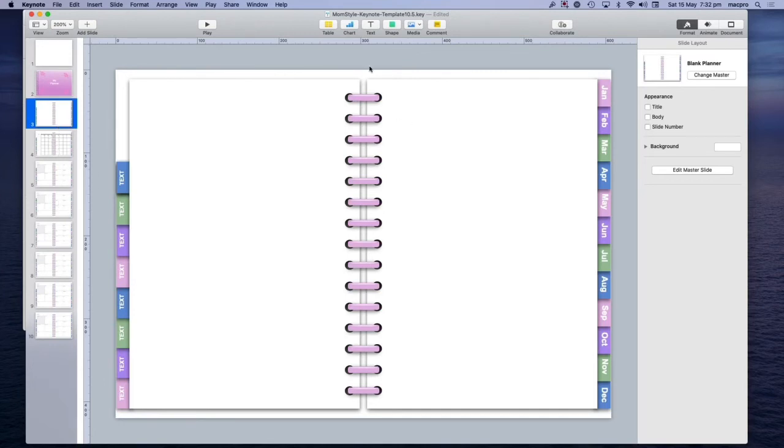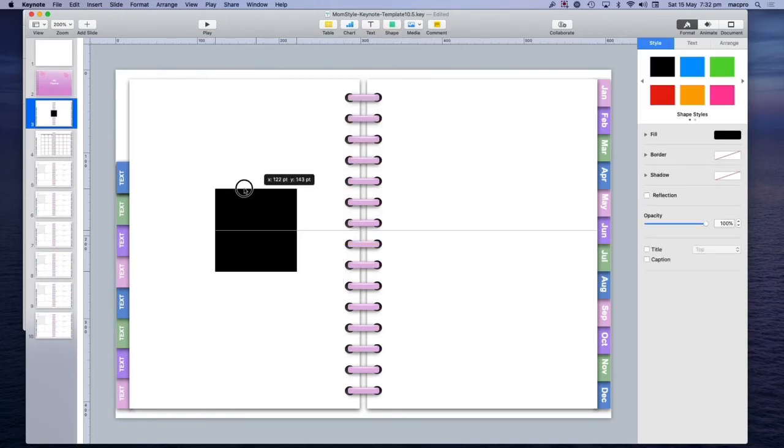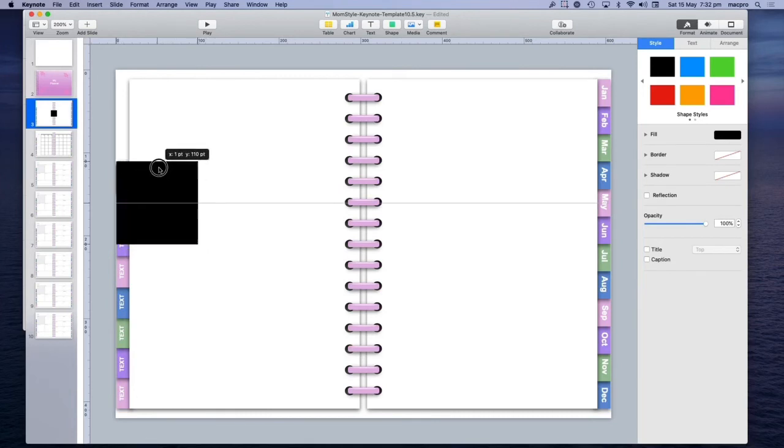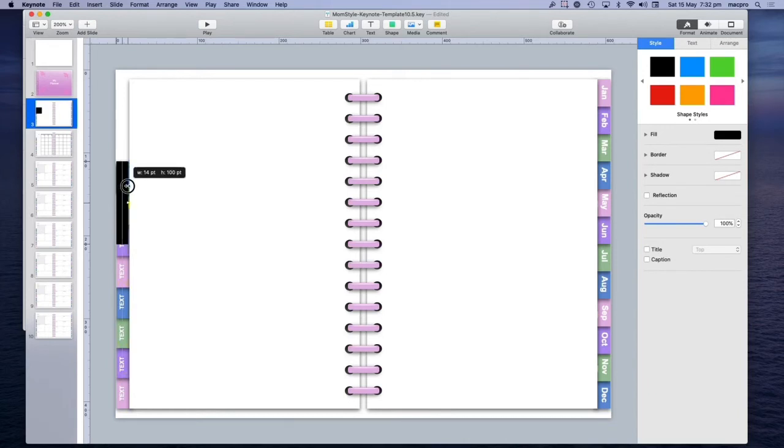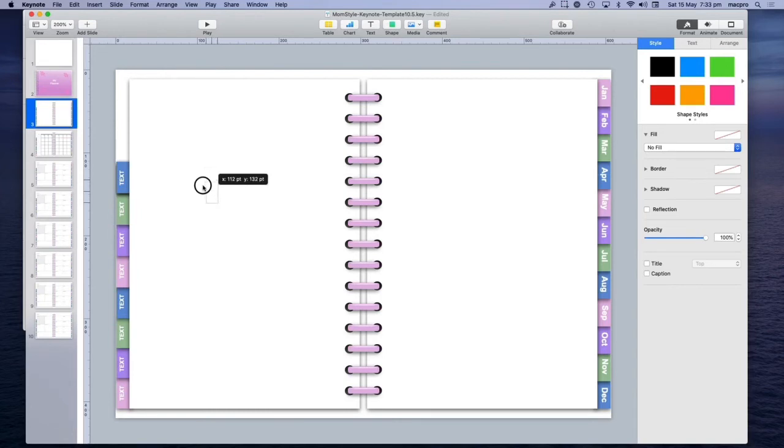So what I would normally do is put in a shape. Right. First of all, I'll just put it over there. Let's take it down a bit. Do like that, and I don't want it completely over it, just centered. Right, then I'll take the colour out of that. Fill. No fill. So that's basically an invisible box there. You see that there? Invisible box. And then what I do is